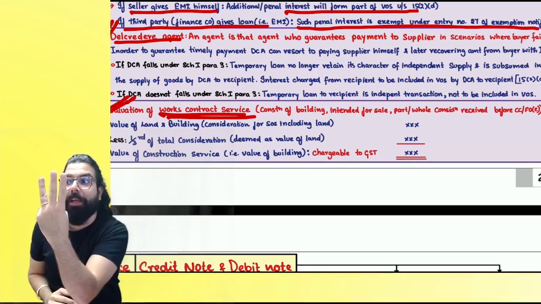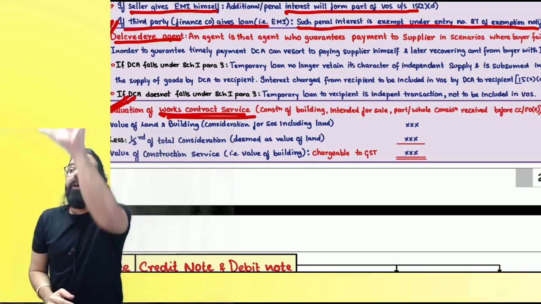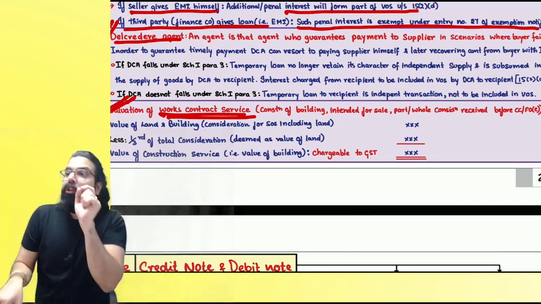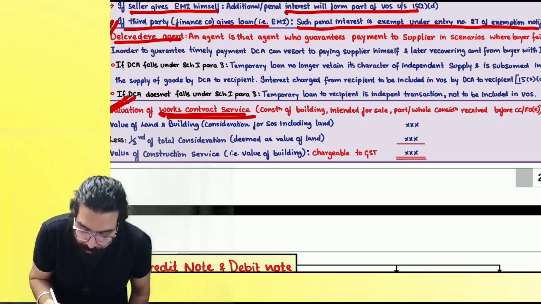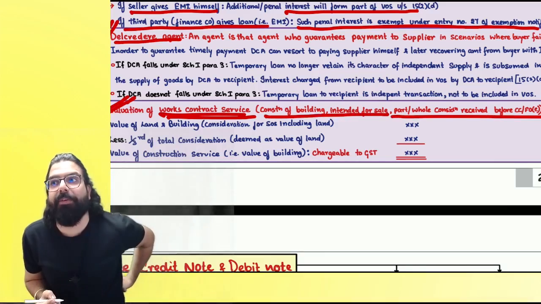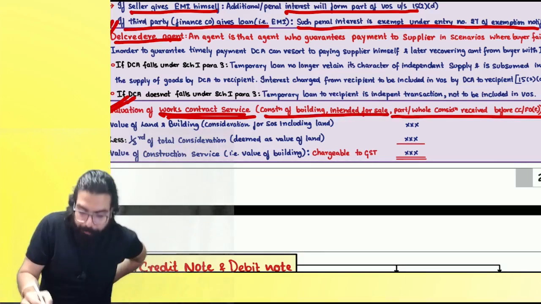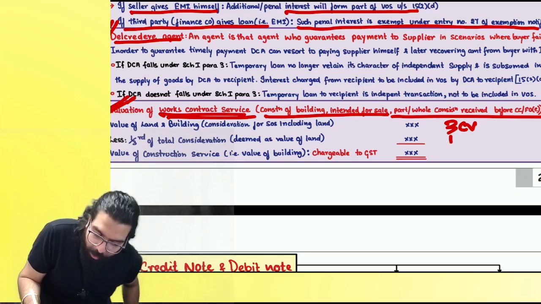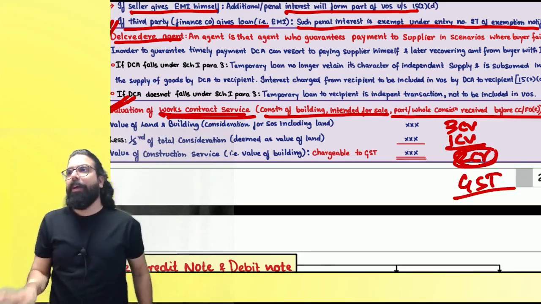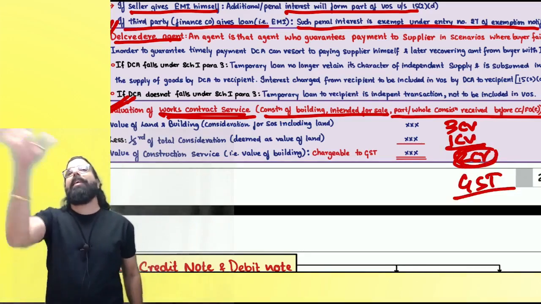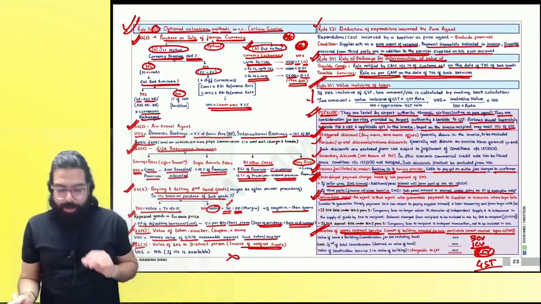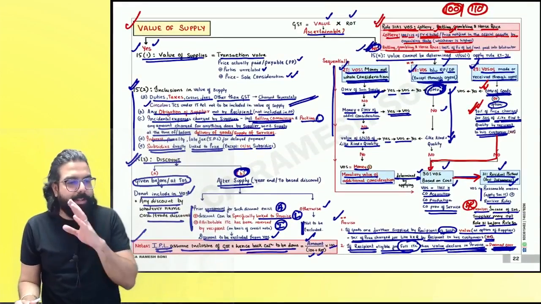Now, in the 3 crore, there will be some part of the land also. Because I will make an apartment and give you one flat, there will be some undivided share of land also. So the government is telling, whenever you are selling a building and it is sold before completion certificate or first occupancy, whichever is earlier, suppose you sold a flat for 3 crore, please take 1 crore as the value of the land, and only on 2 crore rupees GST will be payable. Are we clear? Land value is deemed as 1/3. Are we all 100% clear till here? Can we go ahead, everyone? I have gone ahead and covered everything. In this chapter, there is no amendment.